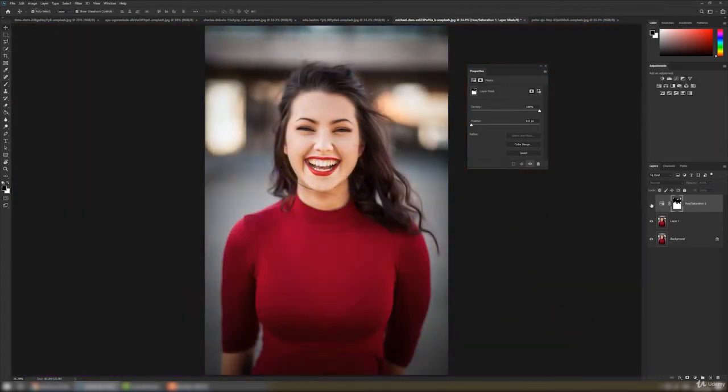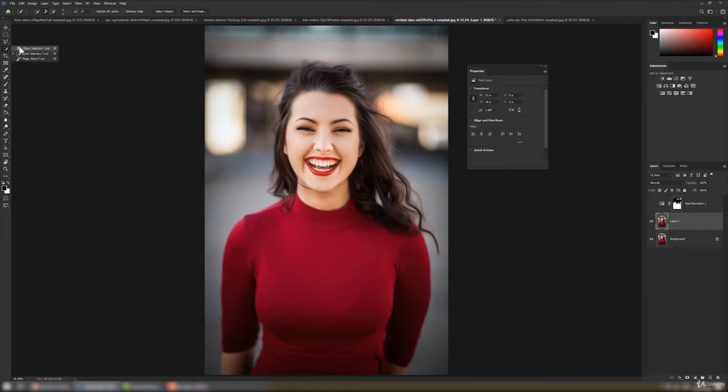There is another option. Let's see how the other option works. First we have to make a selection. So we will select the object selection tool and select object. That will select our entire character. Now we will go here and click hue and saturation. And now this will already create a mask for us.